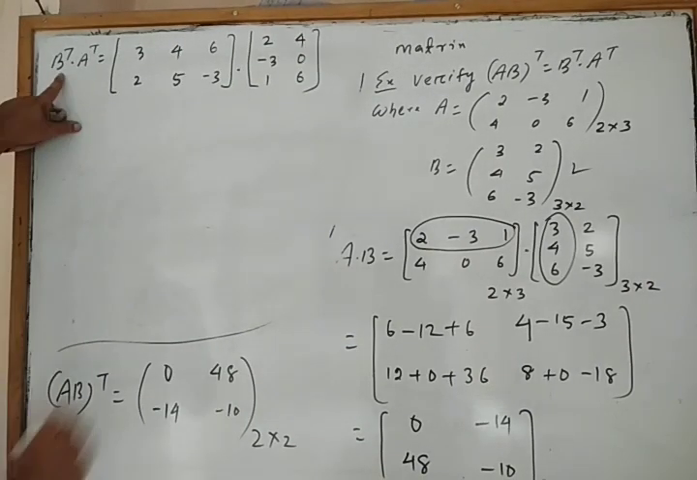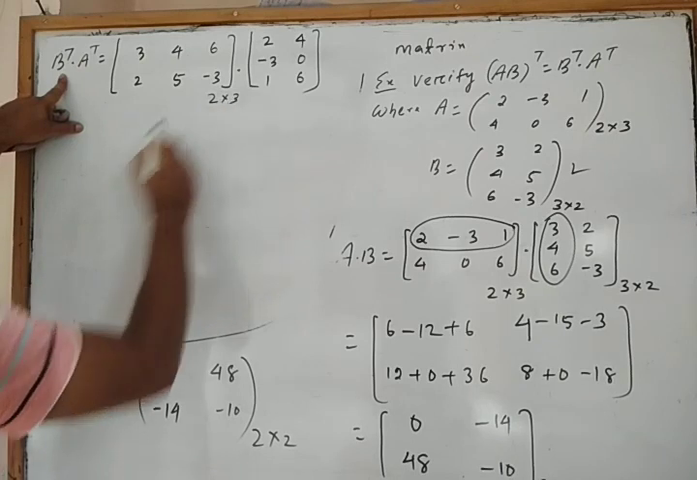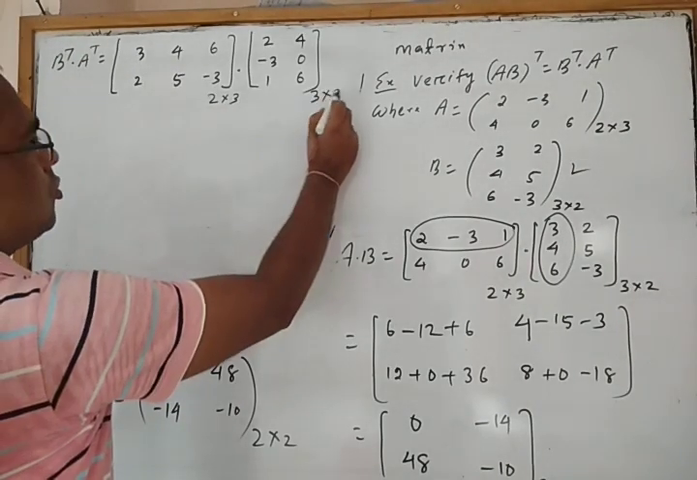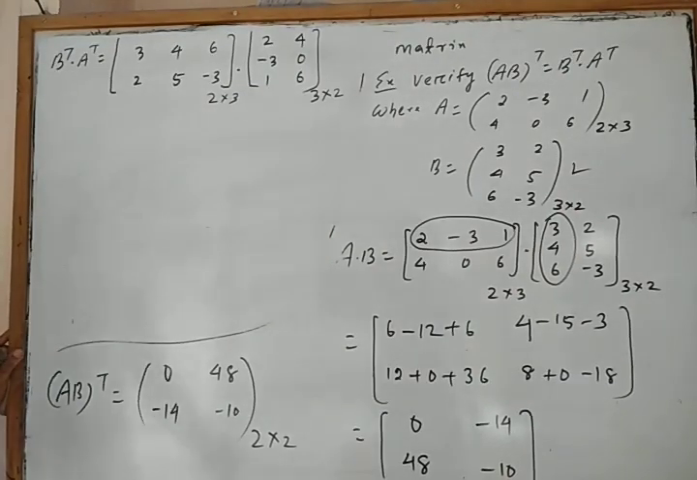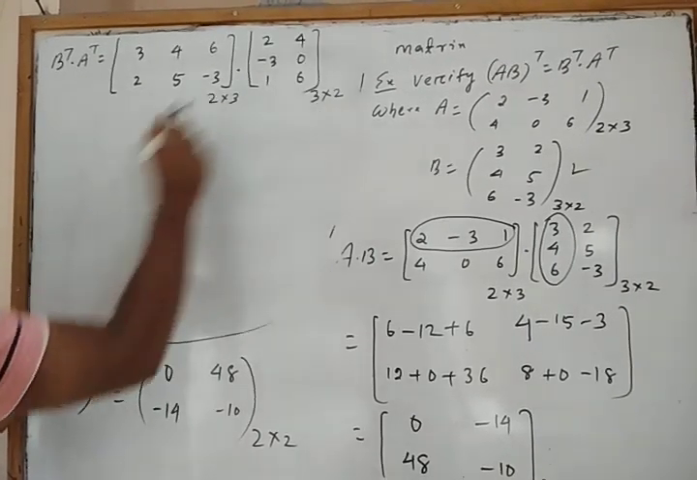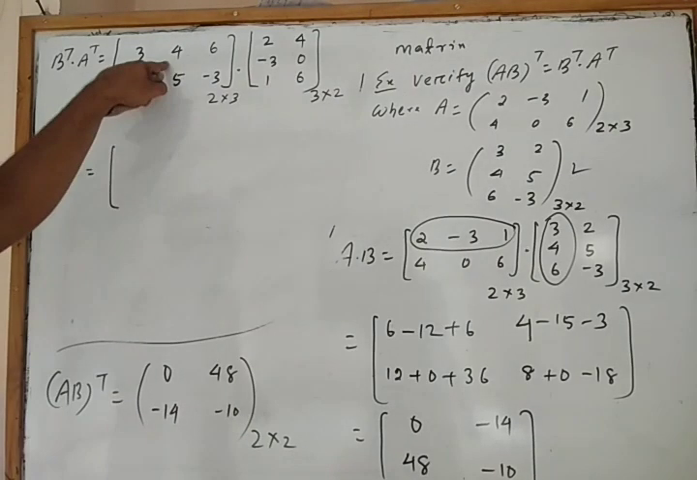The order of B transpose is 3 cross 3... because 2 rows and 3 columns, and its order is 3 cross 2, 3 rows and 2 columns. Clearly its multiplication is possible. After multiplication the order will be 2 cross 2. So how to multiply? We multiply row into column, so the row of the first matrix